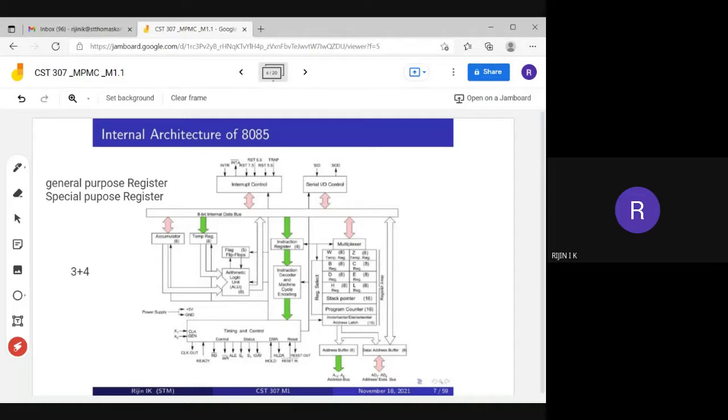Status, correct. To check the status, suppose you are performing any operations, some arithmetic operation, this flag register will show the status of that operation. Status of that operation. Correct word again. We can say that it will show the status of the operation. Status means